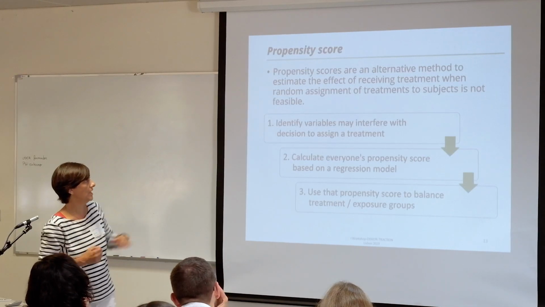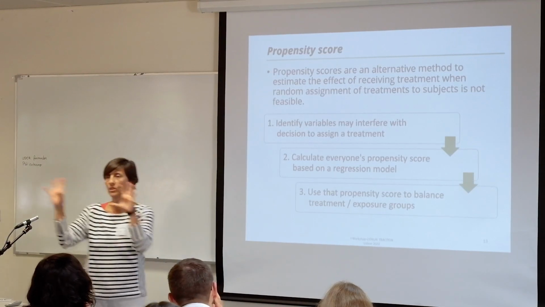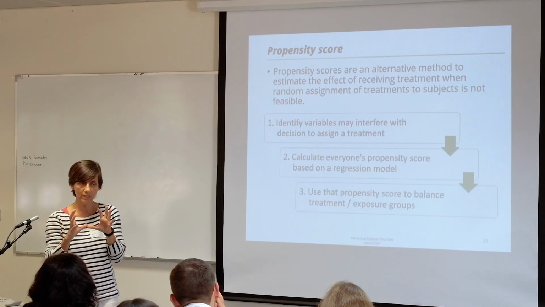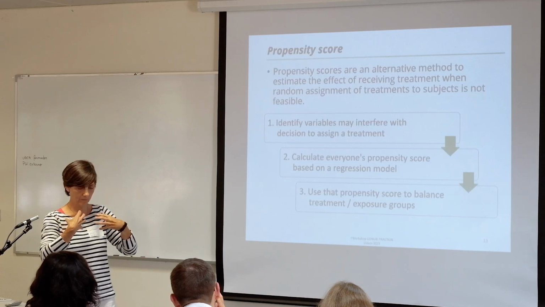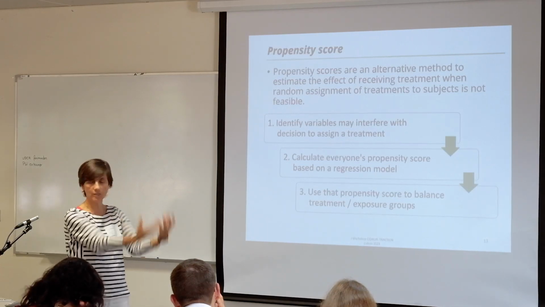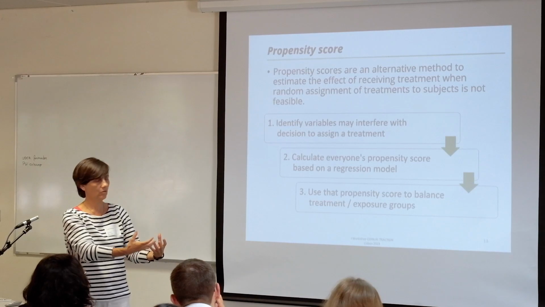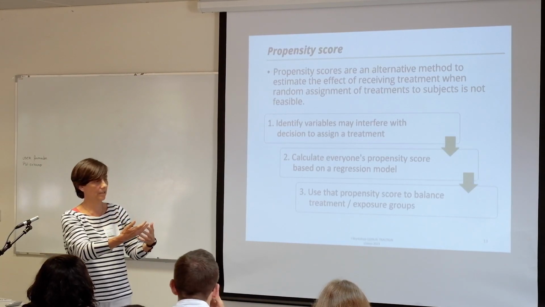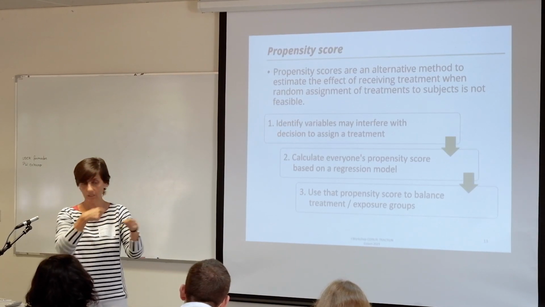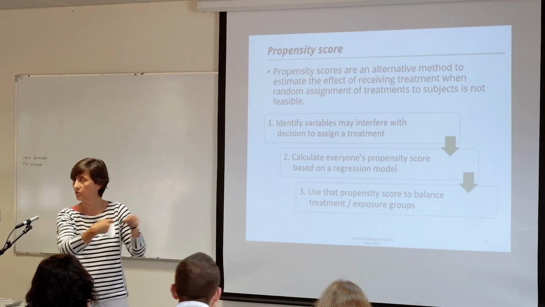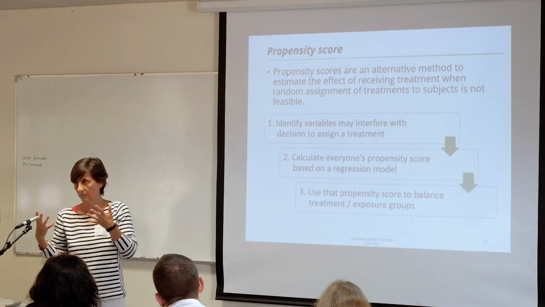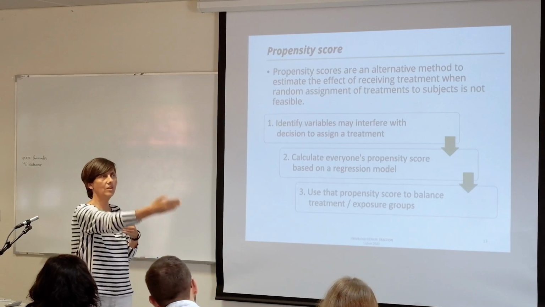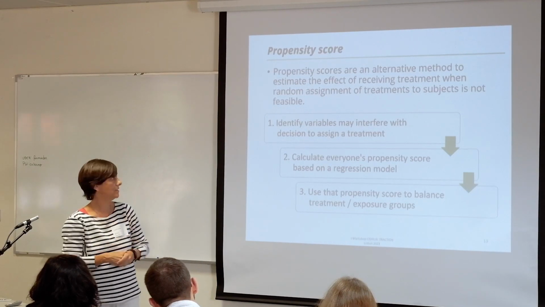So how do we do this? First, we identify which variables are actually the ones triggering my decision to give a specific treatment, right? So you can either do it statistically, just see which is associated with the treatment, or you can just think about it. Just think as a clinician, I'm giving this to patients who do that.